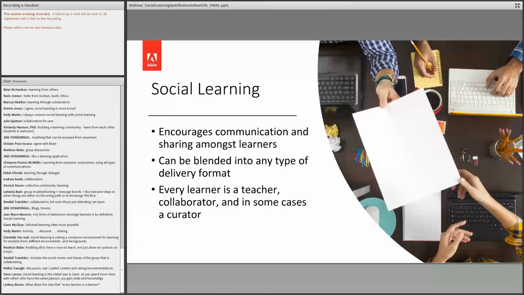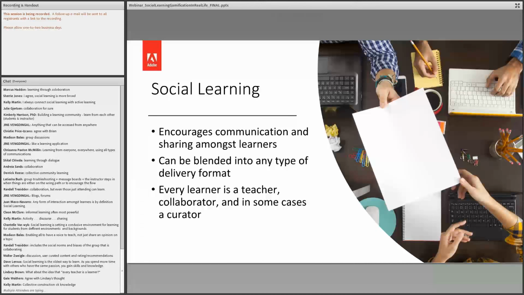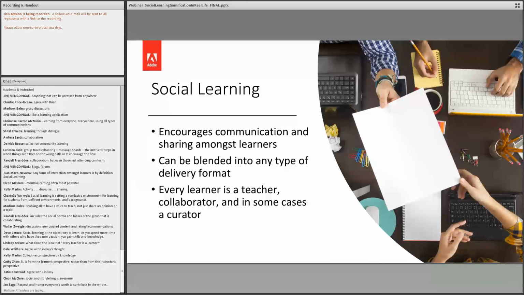So definitely social learning builds on the knowledge of the entire group because trainers are very knowledgeable, obviously. We want to think of ourselves that way, but we don't have all of the answers. The group does between everyone collectively. And Lindsay, what about the idea that every teacher is a learner? Absolutely. Both ways. Great, great thoughts.